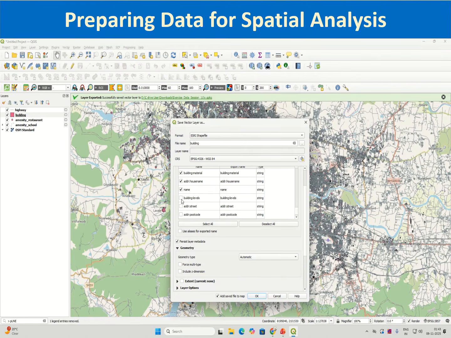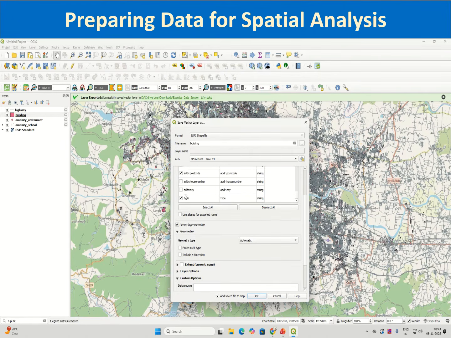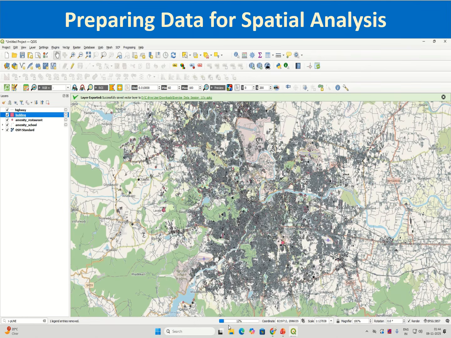Name of the building, minimal number of fields we have selected, and then you can click on OK. Yeah, now it is saving. There is some issue with saving of some of the fields. Maybe the length of the fields, length of the name of the fields, or number of fields, something is creating an issue. So I will